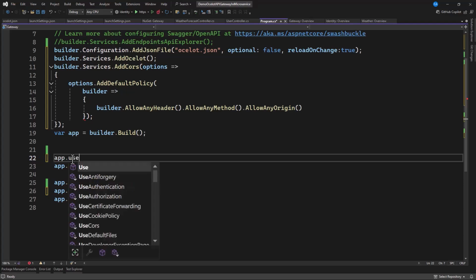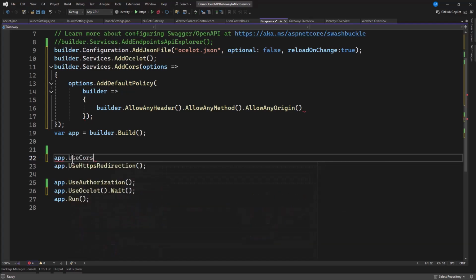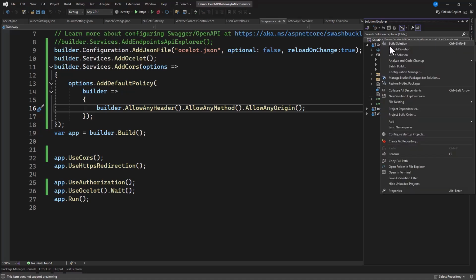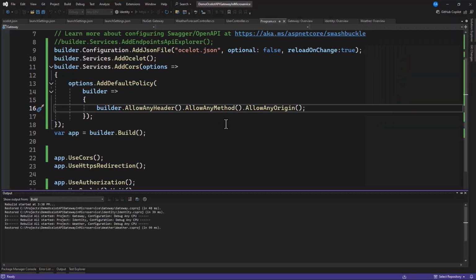So app.UseCors. Alright, let's terminate this. Great. So now that we are done with this, let's build it together.